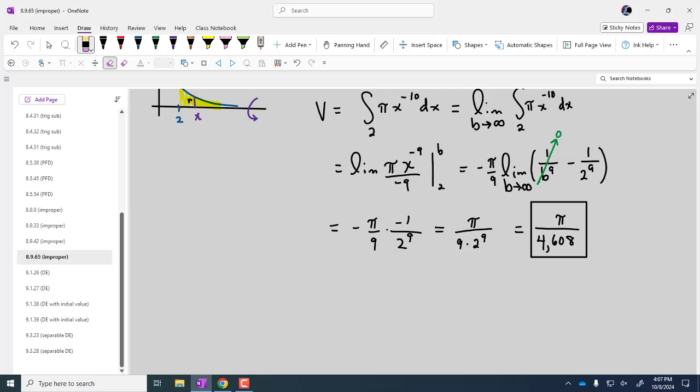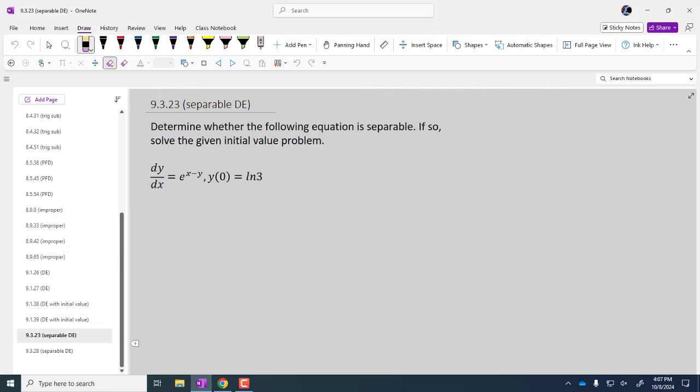Okay, so let's go to some DEs. Let's go to the last couple here, some separables. So we want to separate here, and we've seen earlier